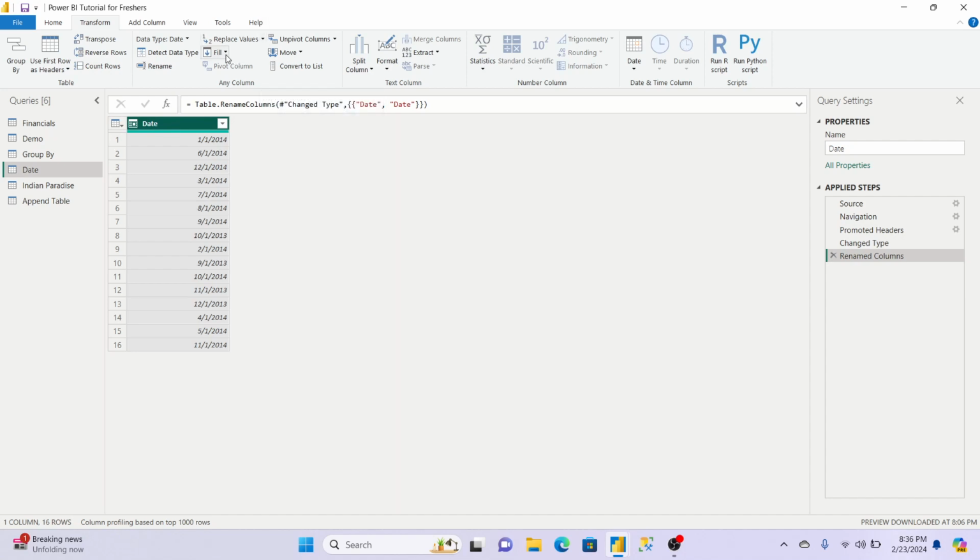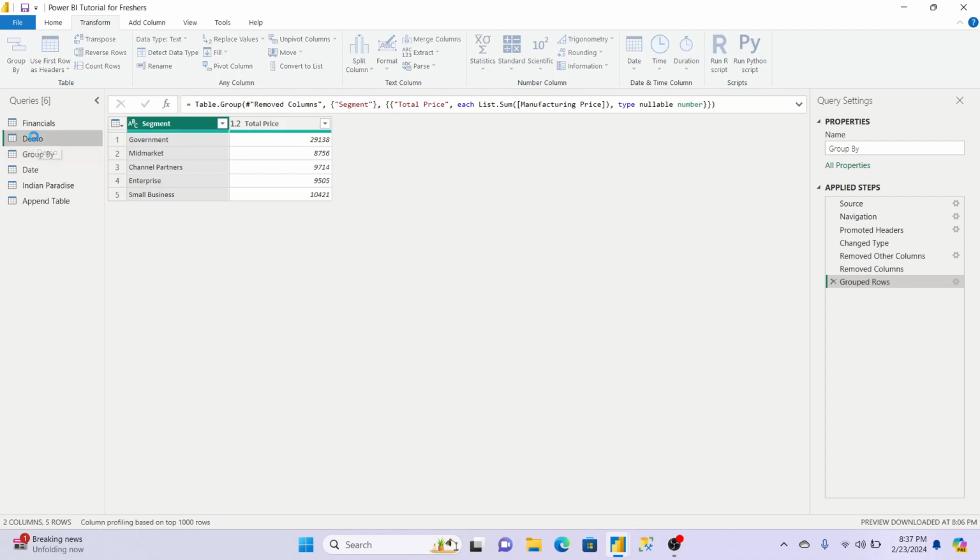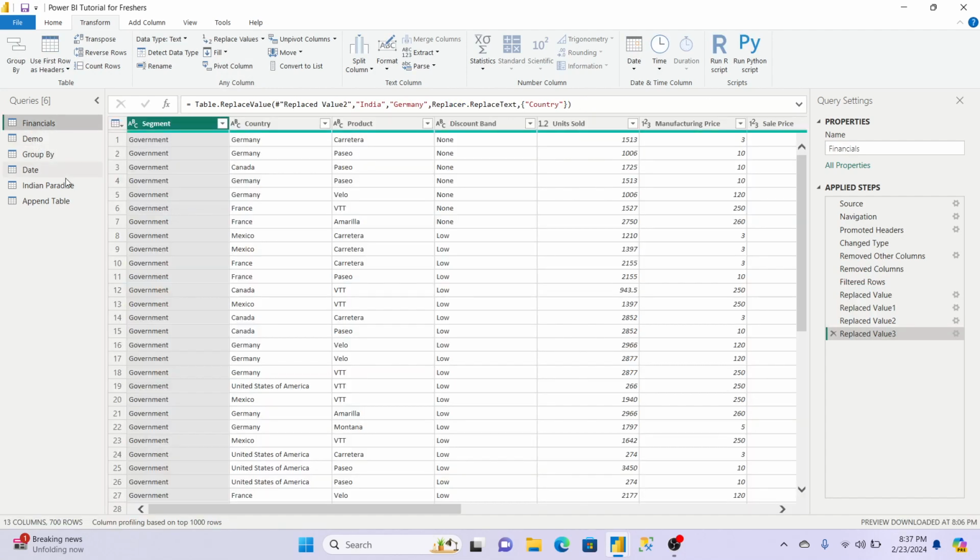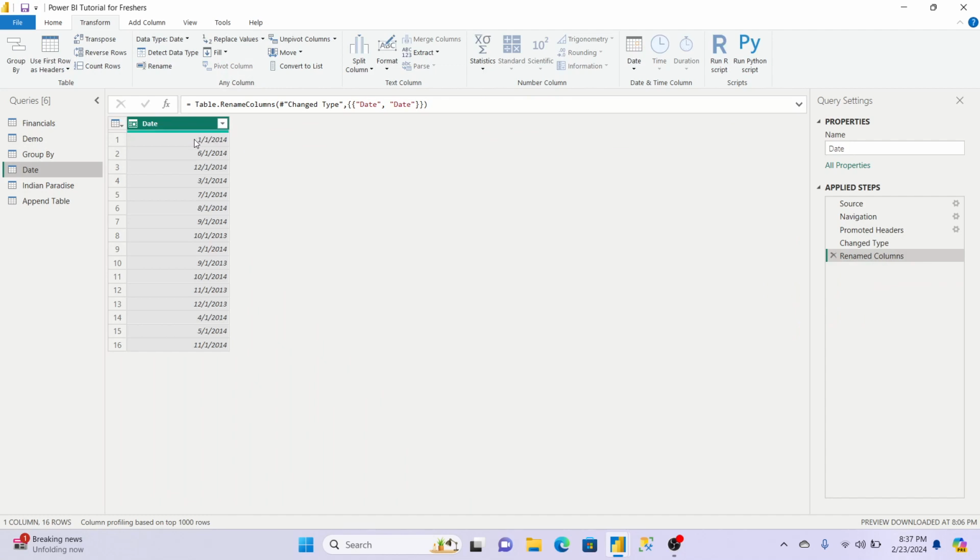Replace value, I have already told you. Fill is like if blank is there. For example, if 1 1 was there here and 5 rows were blank, and from here 10 1 was there, if you fill down, then it will completely fill 1 1 2014 here. We do not have that type of scenario in our data set, so I am not able to show you properly. But again I will tell, for example, if the date 1 1 was there here, and these 5 to 6 rows were blank, and again from here the 10 1 data was there, just click here, go to fill down, and it will automatically fill there.